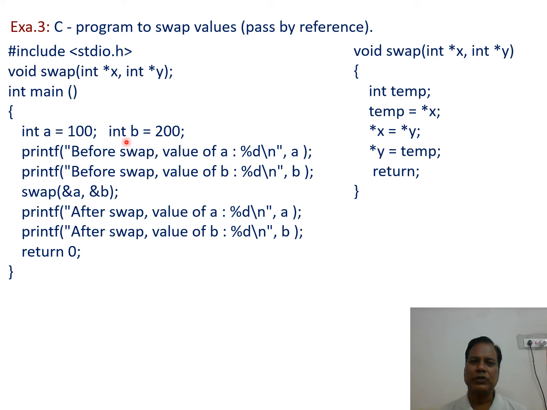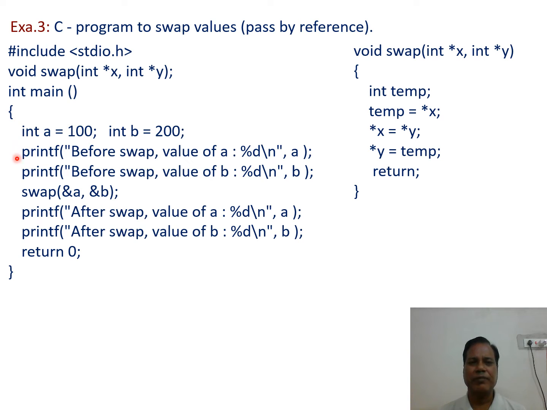So using these two statements, two integer variables a and b are declared, and they are assigned the values 100 and 200. That is, a has 100 and b has 200. Now we have to swap these values. That is, after swapping, a is going to be 200 and b will have 100. So this is to be done.